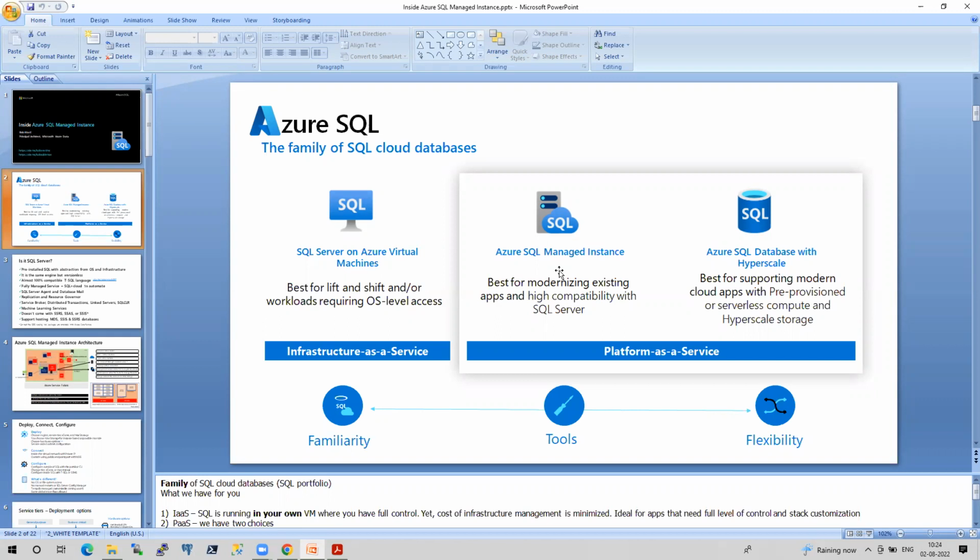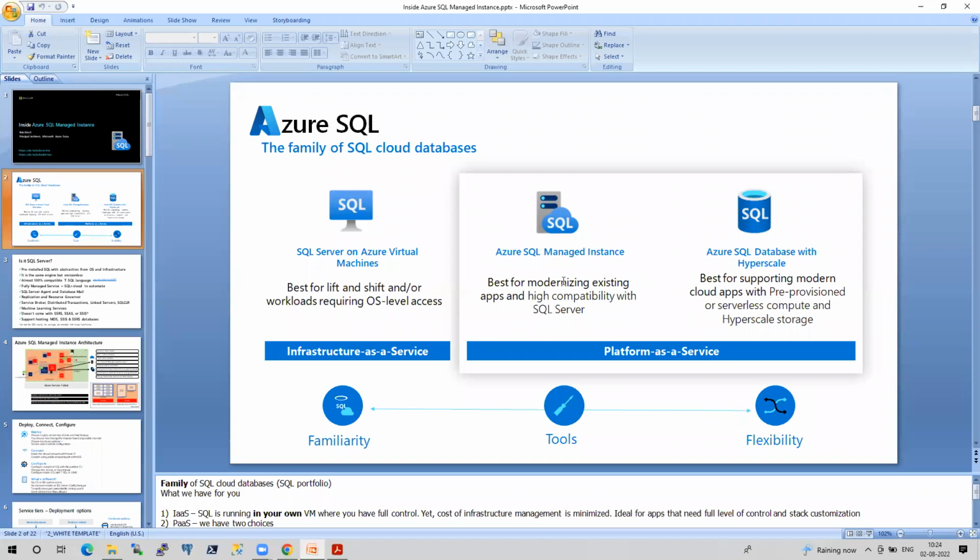We are not used to getting remote access to those production environments if they are very critical. They will just give access to SSMS for the database engine, so we connect remotely from a jump box and manage that SQL instance. MI works in exactly a similar fashion. You will not have access to the operating system, and you will get almost all the features of SQL. There are a few things missing in MI that we'll cover in depth, but I would conclude MI as a SQL instance that we connect to from a remote machine.